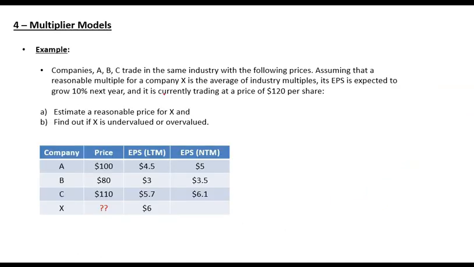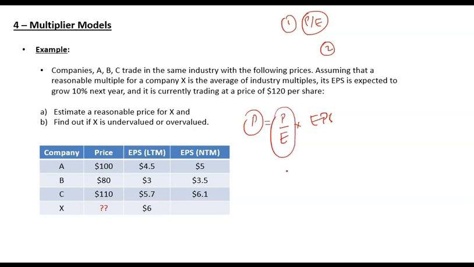In this example, in the multiplier model, if you are performing valuation, how do you perform valuation? First step is that you select a multiple. So you have already been given the multiple that you will be using, PE, to value. Second is you calculate reasonable multiple. What should be the reasonable multiple at which you calculate the price? Once you have reasonable multiple and you have the EPS, you can multiply those and calculate price. What is price? Price is equal to PE multiplied by EPS. So for reasonable price, you need a reasonable PE and EPS.